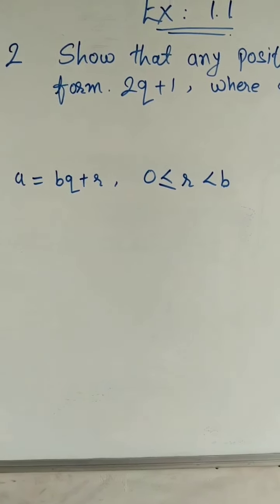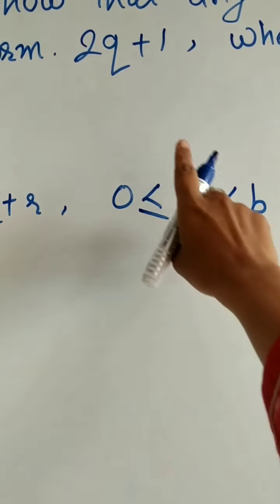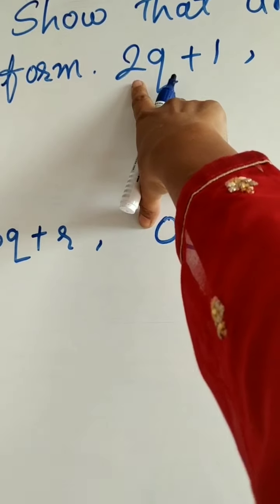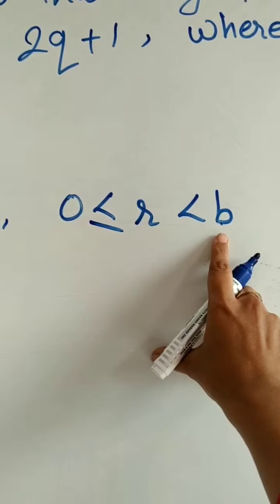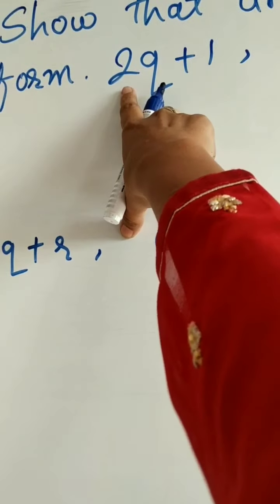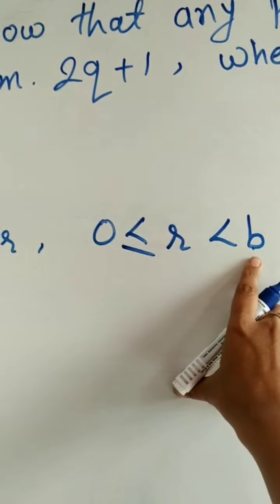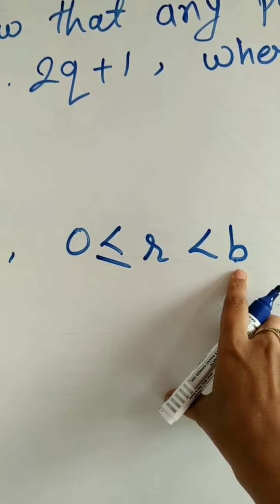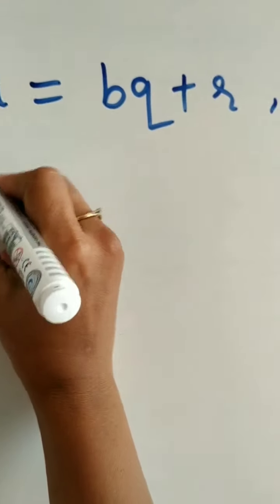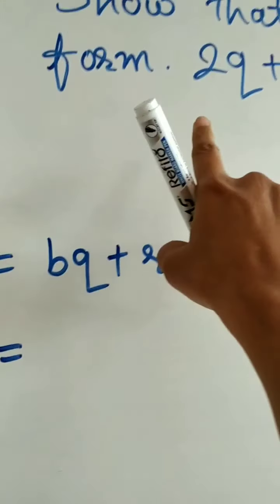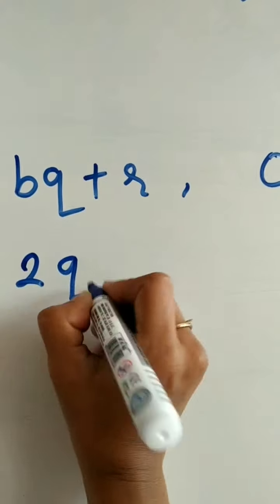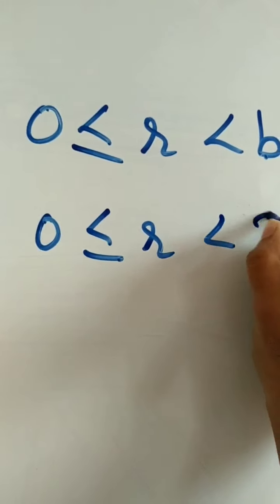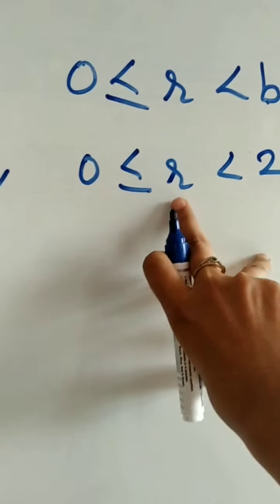We will use this lemma, but here in the place of b, we will substitute the number from our question. Suppose in a question 2q is given, it means the value of b is 2. Suppose in a question 4q is given, so the value of b will be 4, and suppose the question is in the form of 6q, so our value of b is 6. So if we substitute, a equals 2q plus r, when we write 2 in the place of b, we get the value of r